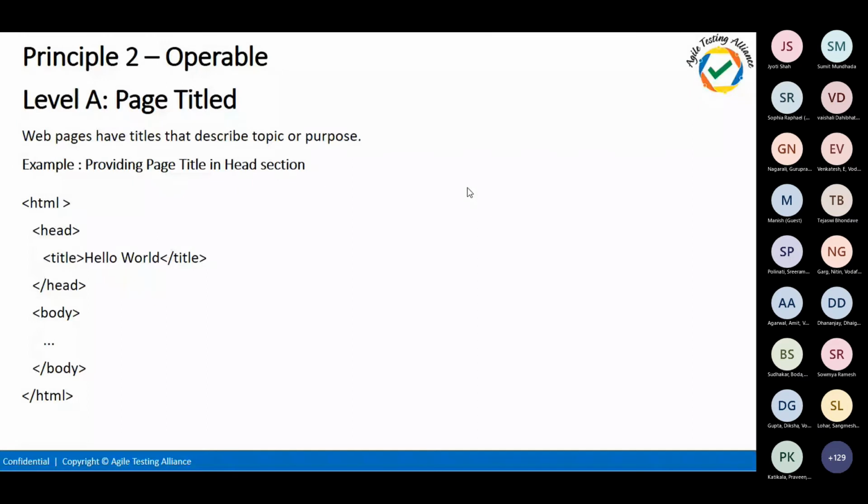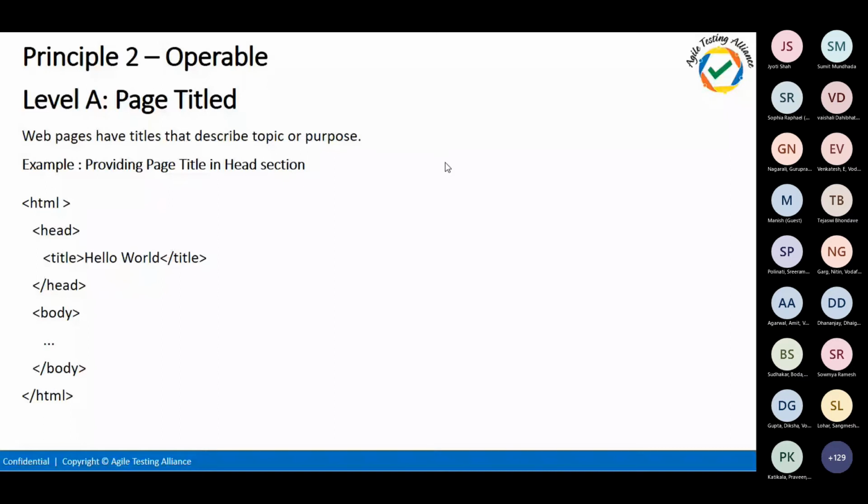So let's say when you click on a button and a new tab opens in a new window, adjacent to the current tab, then users should be able to know that a new tab has been opened, and that tab should also have a different title. We used to do this with the page titles, and this also helps with SEO, because Google SEO ranks depend on the page title. So the right page title, page description, and all those things will come over here.